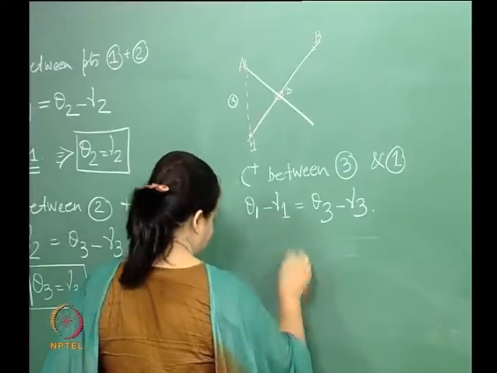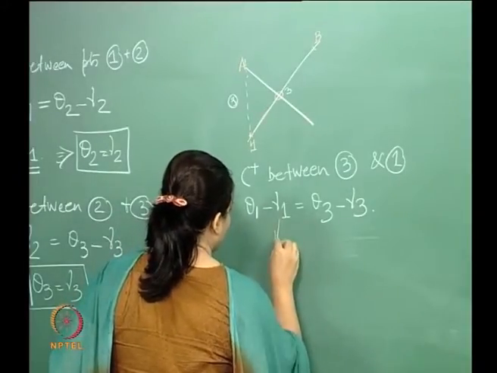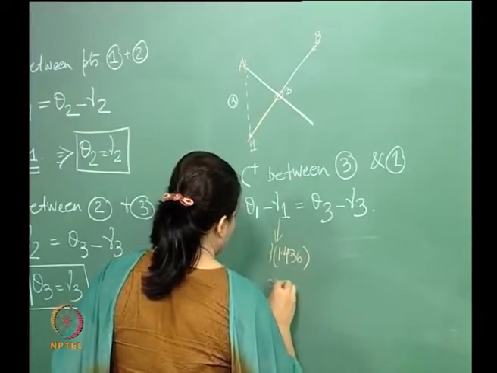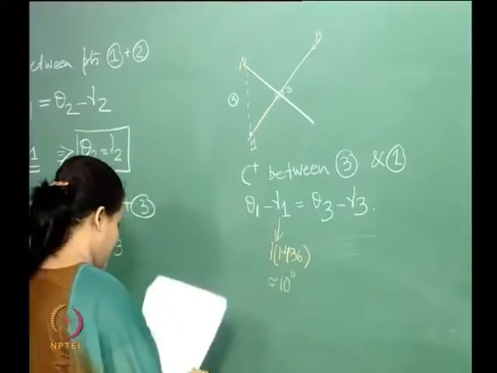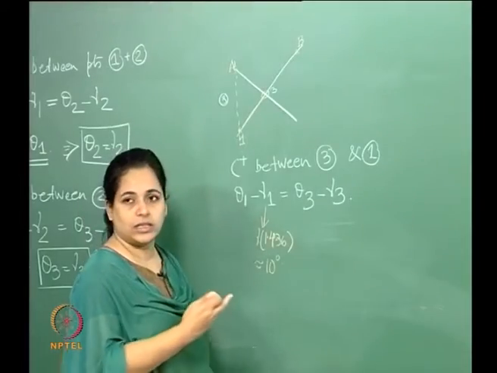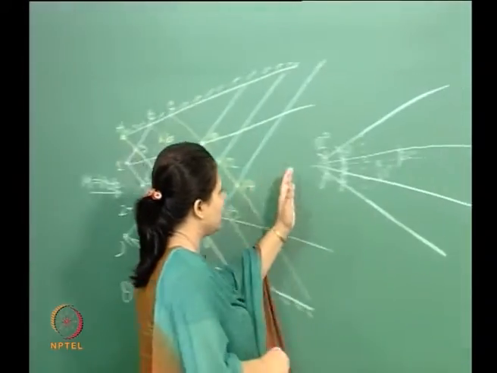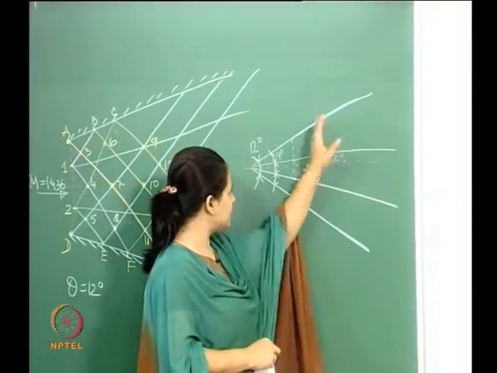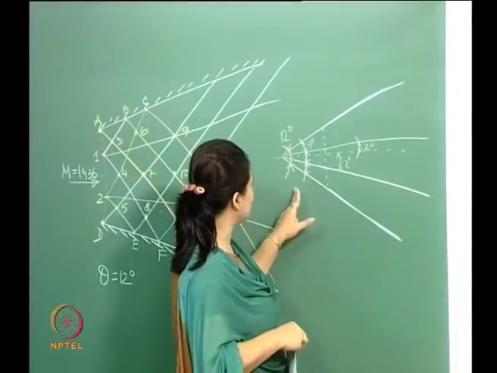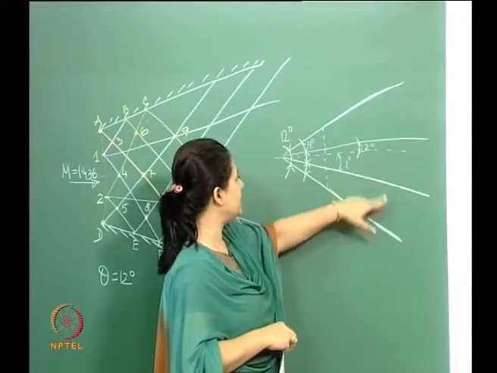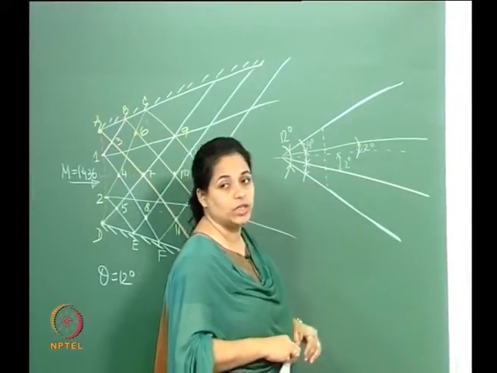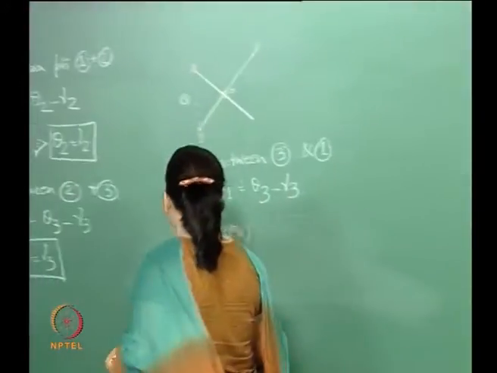So theta 1, so nu 1 essentially corresponds to a Mach number of 1.436, which is around 10 degrees, and theta 1 is 2 degrees, as we just saw from this. This is the geometry definition, right. It is given that the total divergence of this is 12, the channel is diverging by 12 degrees. This is given to us, and since we have divided this radial space into 3 parts, we found out that this is going to be 2, right. So therefore theta 1